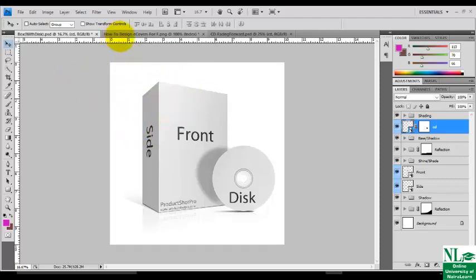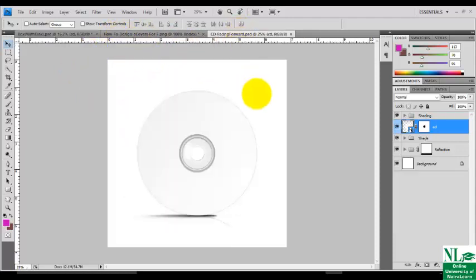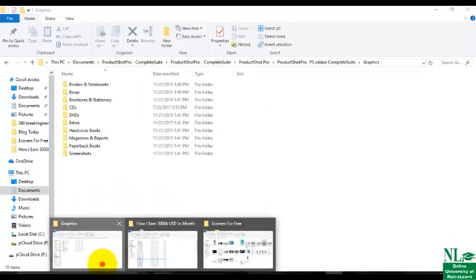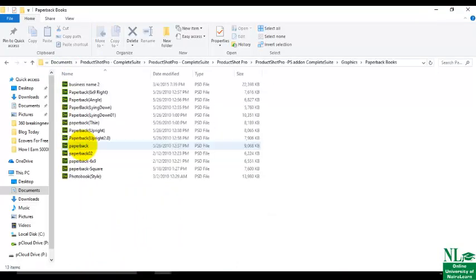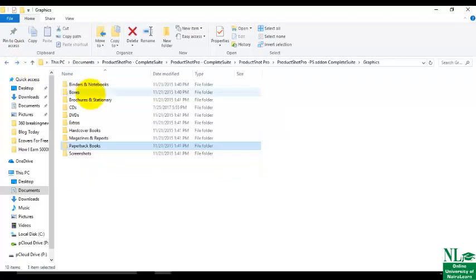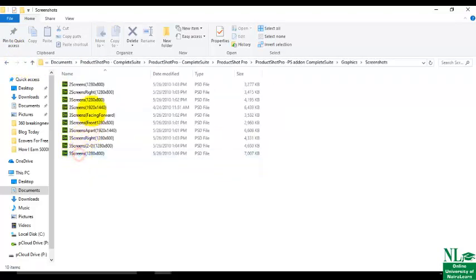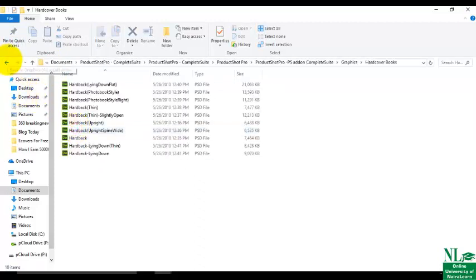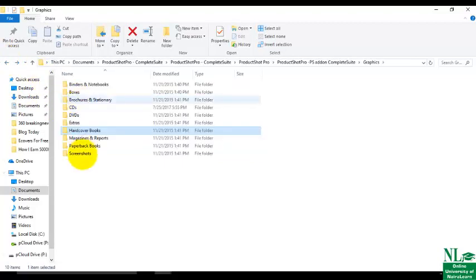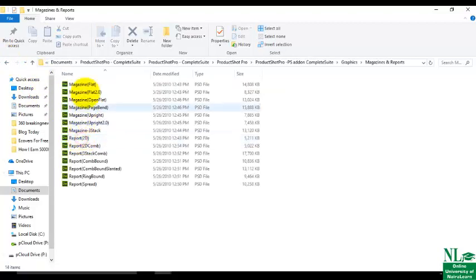Now this is one of the files. Then second, I have also opened another file. On your own, you can go and play with most of the files. There are so many. There you can see paper book items, screenshots. There are so many. You can just play with them. You will see some of the templates you need for your project. All these things are just templates.